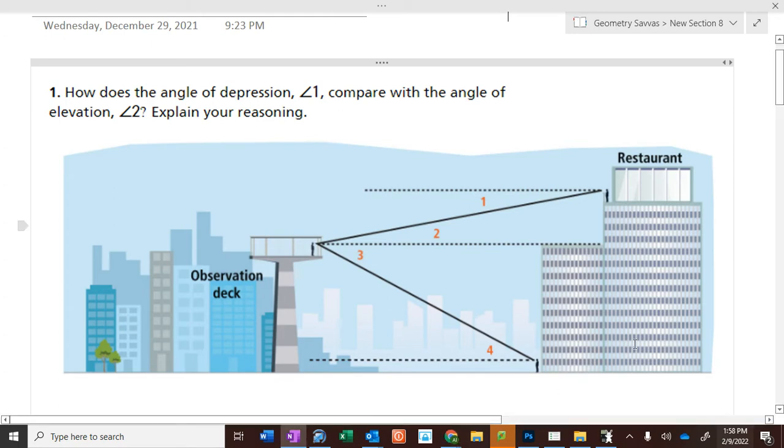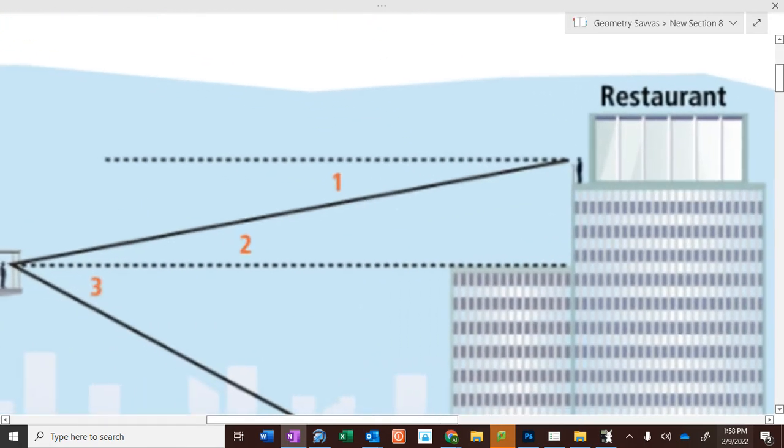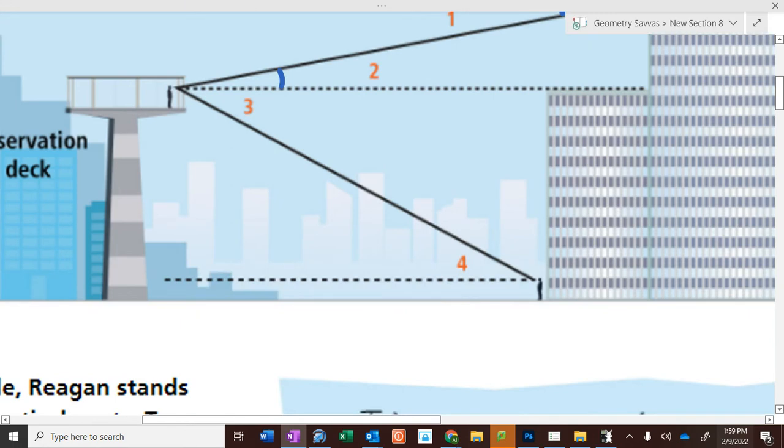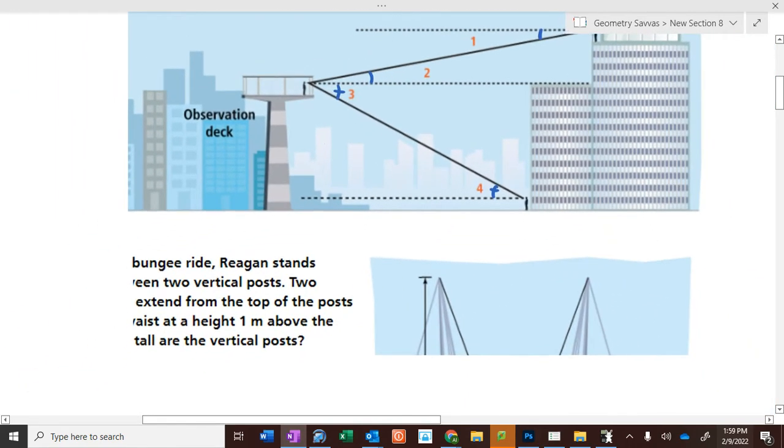All right. How does the angle of depression, angle number 1, compare with the angle of elevation, angle number 2 up here? So there's a person up there by the restaurant looking down at a person standing on an observation deck. He's looking up. What do we know about this angle here and this angle here? They're the same. Because there are what types of angles from first semester? Alternate interior angles. What about angles 3 and 4? They're the same. So when you're given an angle of elevation, it'll be the same as the angle of depression,